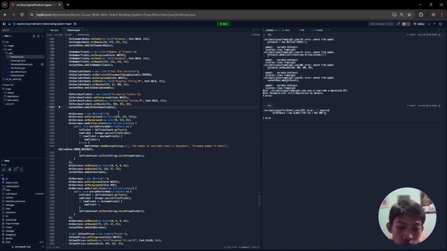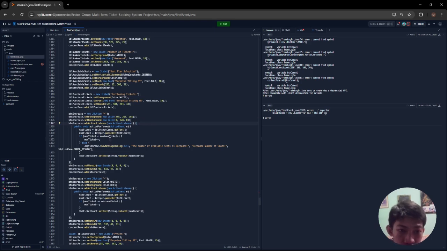In line 1324, it initializes a button with the text plus, sets the text color to white and background color to green, and adds an action listener to handle button clicks.